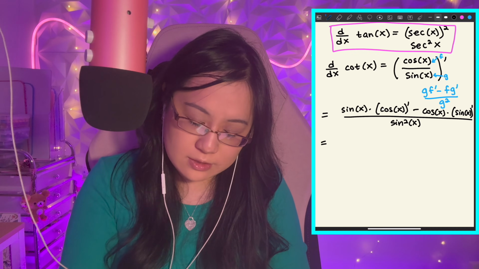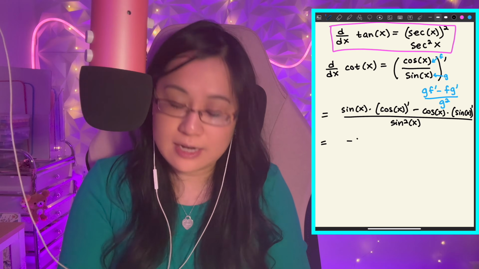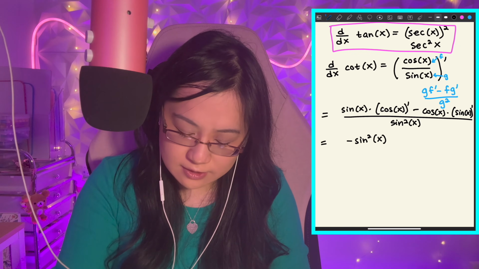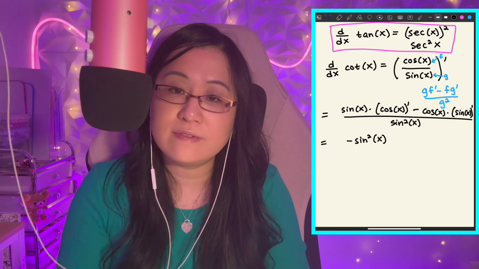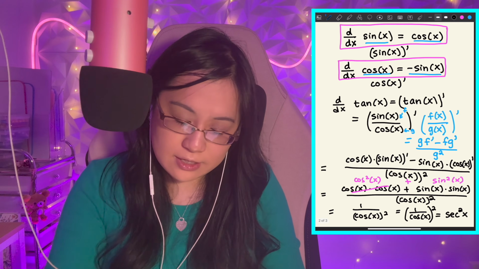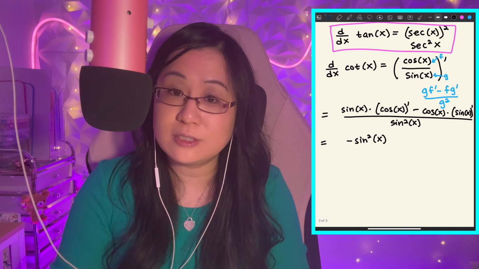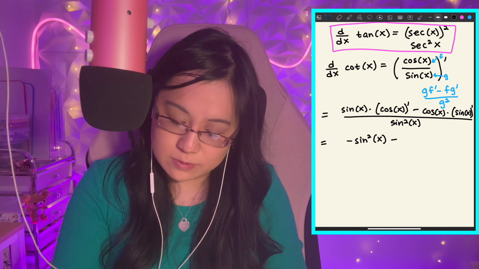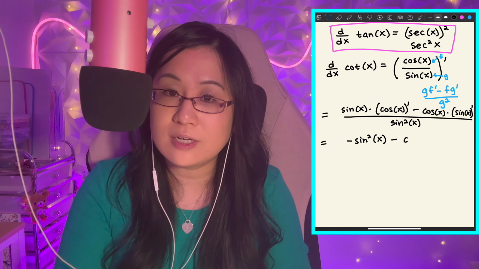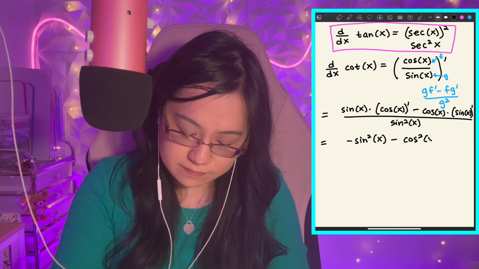So sine times negative sine is negative sine squared. Positive times negative is negative. So negative sine squared x. And then the derivative of sine is cosine and is positive. So negative times positive is still negative. So negative cosine times cosine is negative cosine squared